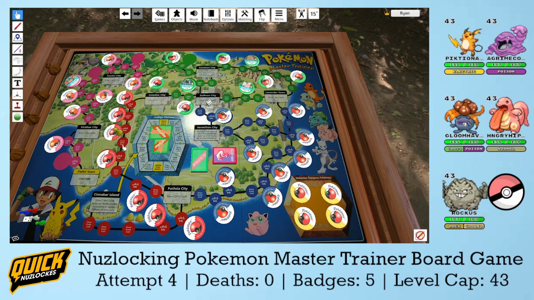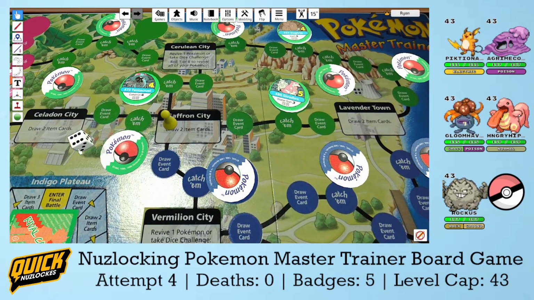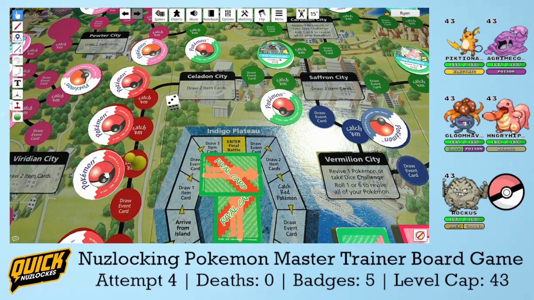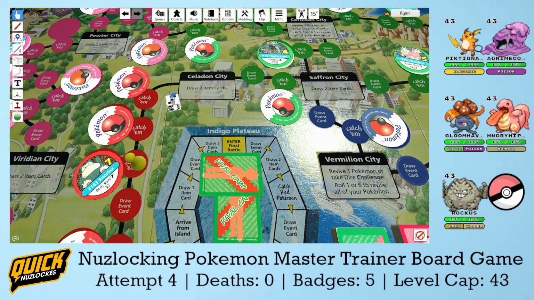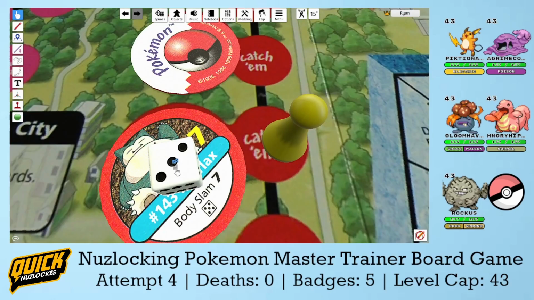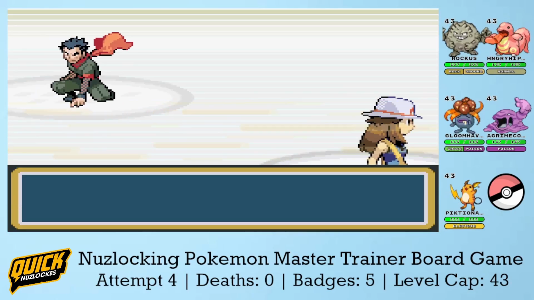Next I need to go to Fuchsia City, and on the board game, that takes me through Red Pokemon. Red Pokemon are all the best non-legendary Pokemon, but in order to catch them, you need to roll a 5, and only a 5. I get my first opportunity to catch a red Pokemon. I flip it over and it's Snorlax. If I can catch this, the whole team changes. I roll the dice and